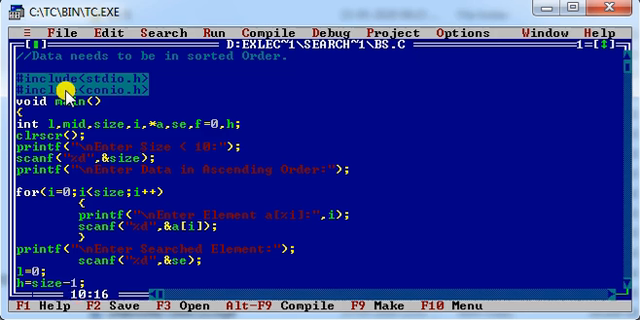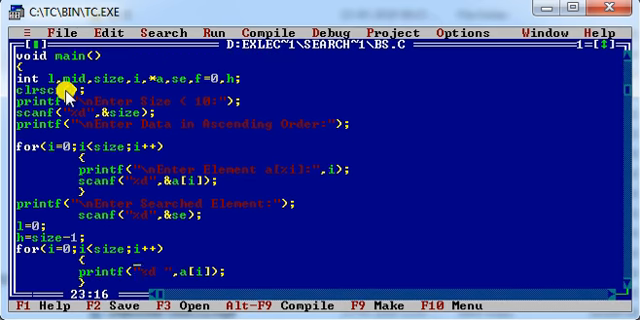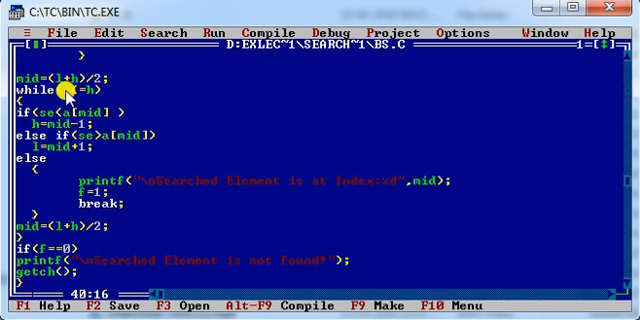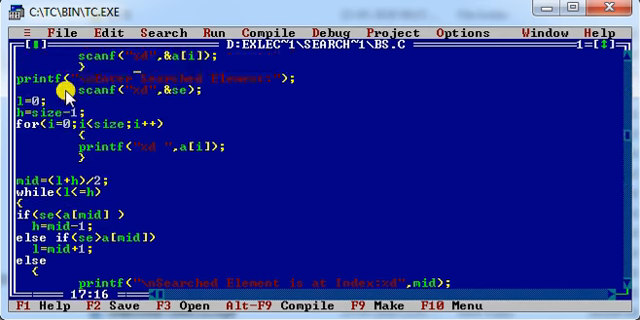Over here I have taken the size from the user, then I am getting the data in ascending order. With the help of this loop, I will get the data from the user in ascending order, and then I am getting the element to be searched from the user. In the next statement,